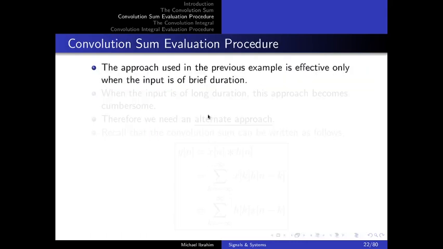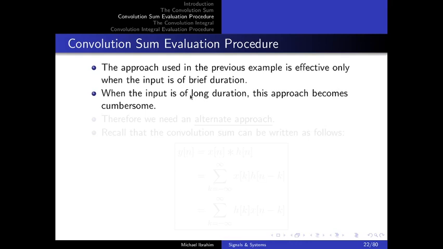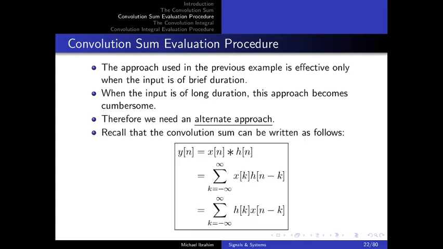This approach used here is effective only if the input is of brief duration. The input here had only 3 samples, and the impulse response only had 2 samples. But when the input is of long duration and the impulse response as well is of long duration, the approach becomes cumbersome. Now we need an alternate approach to do the convolution, which is basically this equation,